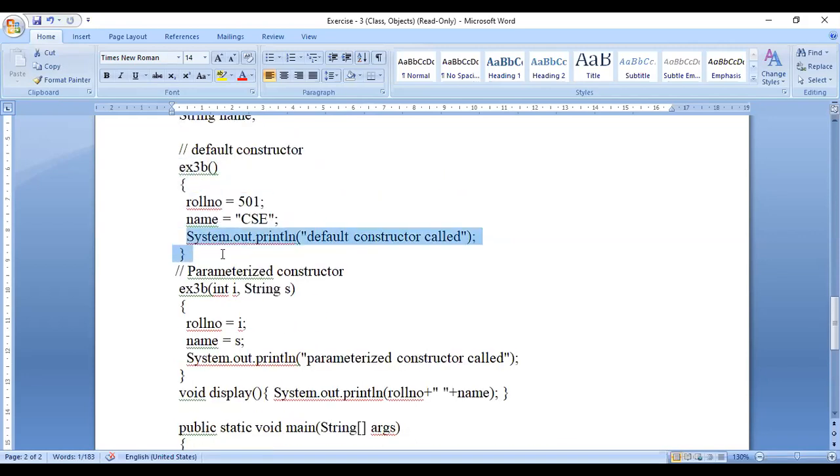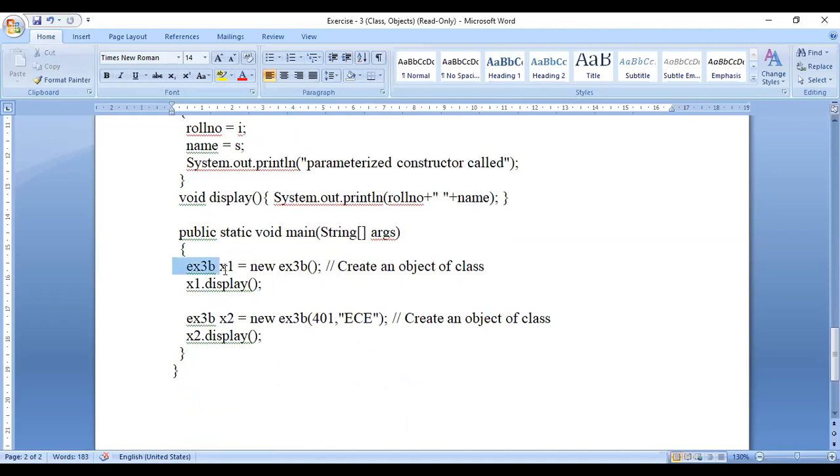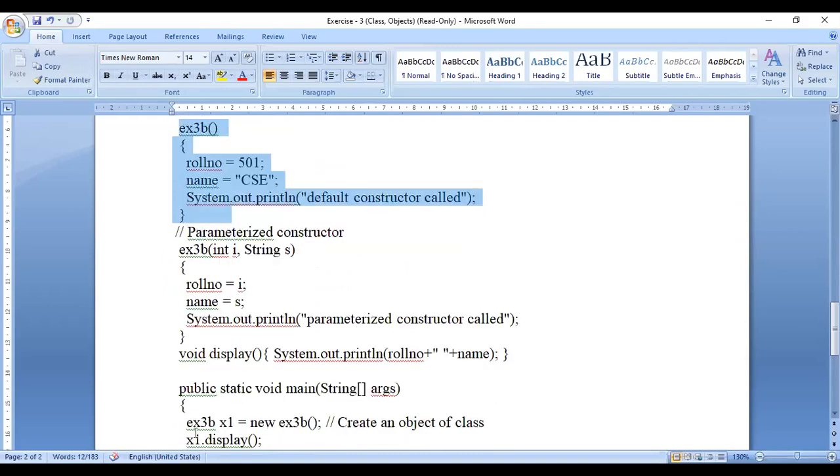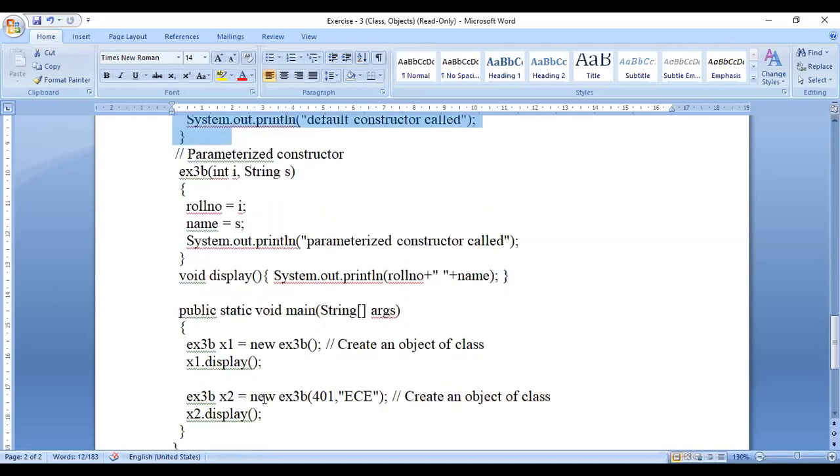For this statement, we didn't pass any values, so the default constructor will be called to create this object x1. The values 501 and CSC are loaded for the student details, and those values are displayed on the screen.